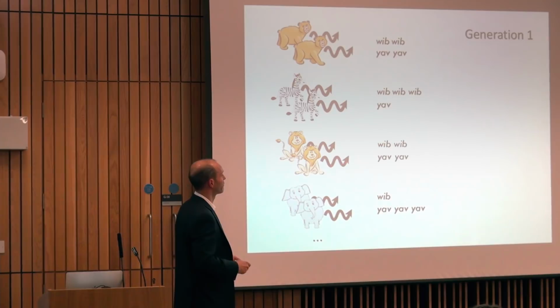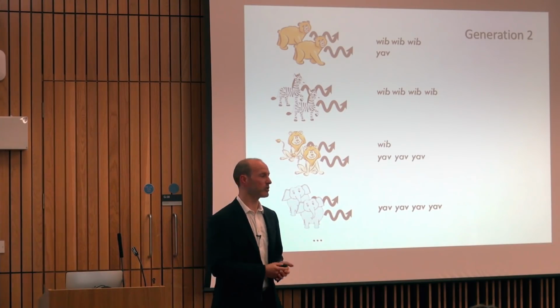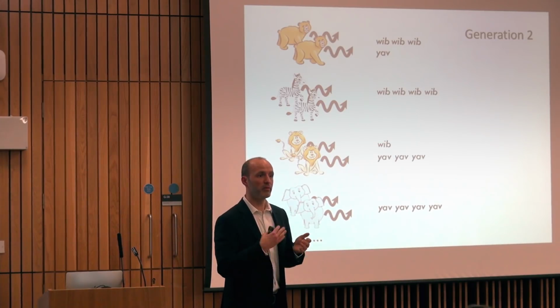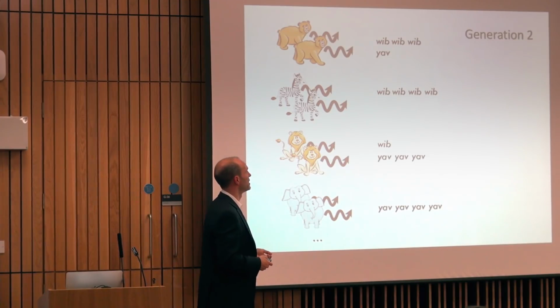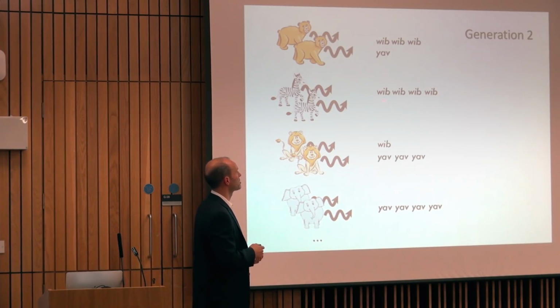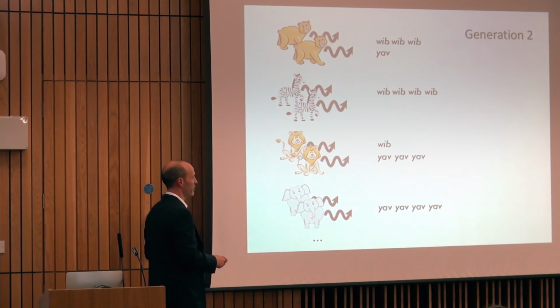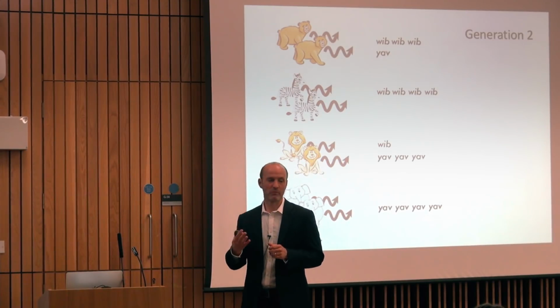Then we just take whatever our first participant produces and ask a second participant to learn it. Okay, and they'll produce a new version of the language for us, which we can call the generation 2 language. And what you'll see is that, again, they do a pretty good job of matching the input that we provided to them, but occasionally they'll exaggerate tendencies which were present in their input. So this participant is now exclusively using wib to mark plurality when they're pluralizing zebras, and exclusively using yav to mark plurality when they're marking plural for elephants. Okay, so the language is a little bit less variable than the language they were trained on.